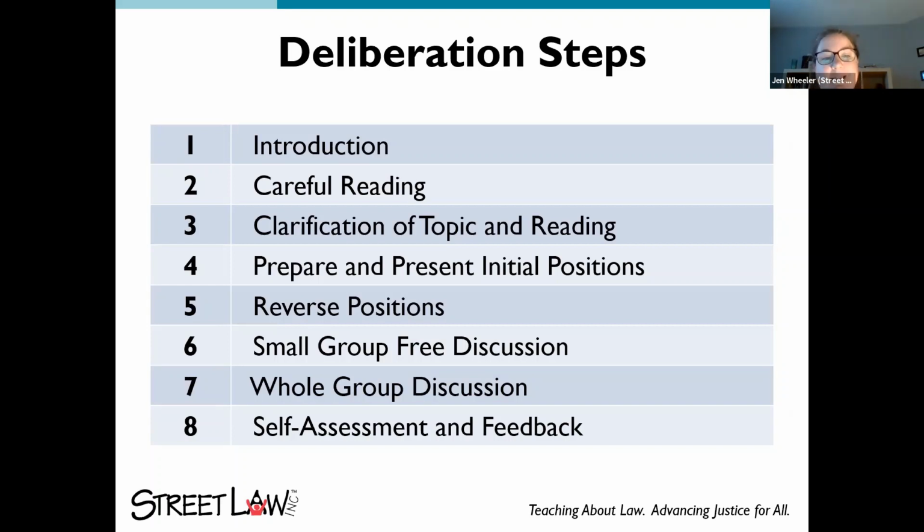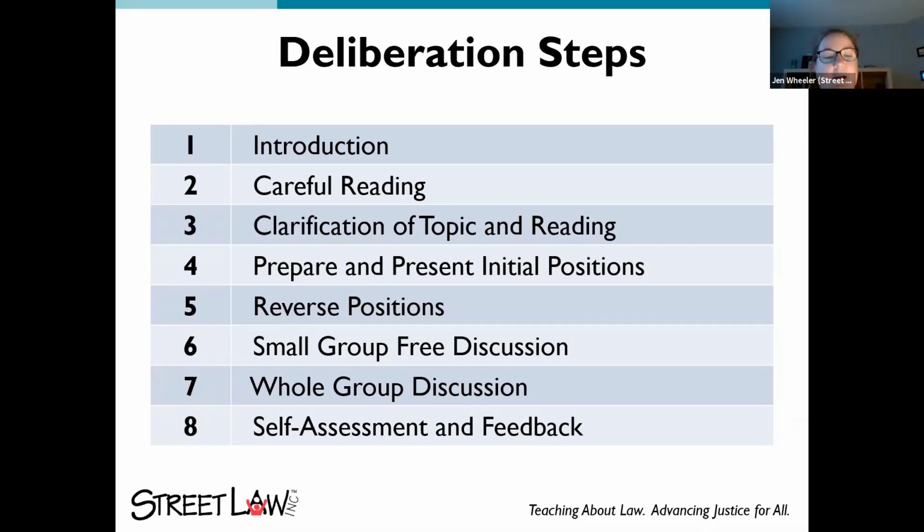then comes step 6. Step 6 is where students are still in their small groups, but they're not working with their partners anymore. They're having a free discussion about the topic with the aim to find consensus, or at the very least to search for consensus, to look for some areas of common ground. So after giving enough time, sometimes an uncomfortably long amount of time for that discussion, because sometimes in the uncomfortable moments, good stuff comes out of those conversations, then in step 7, the whole group comes back together to do discussion, reflection, and think about both the content, what students have learned, but also the process of deliberation.